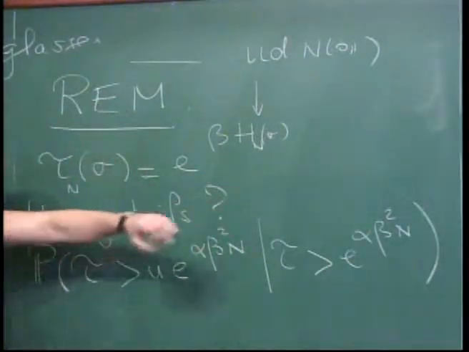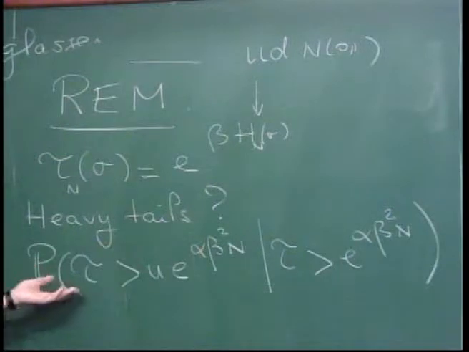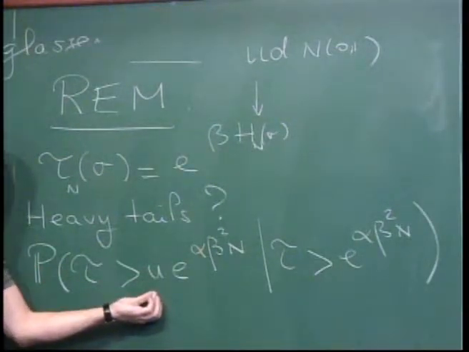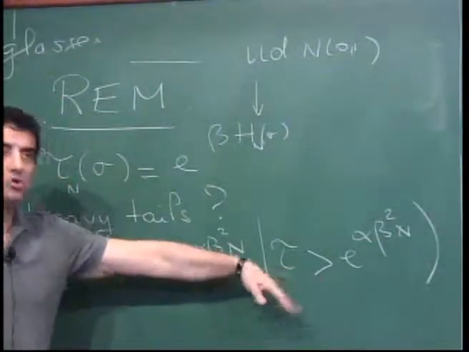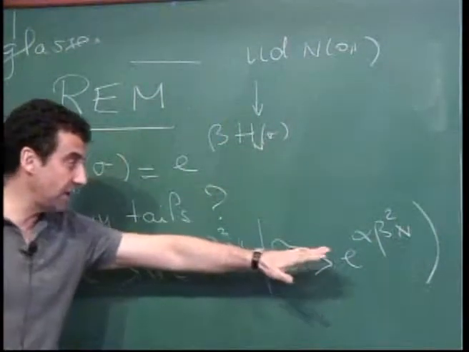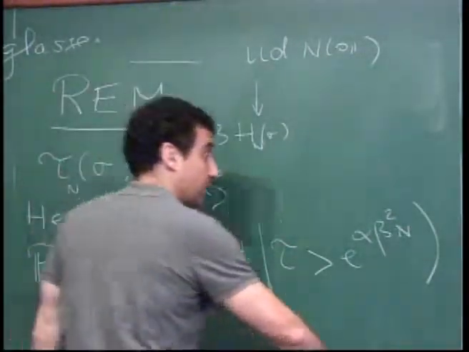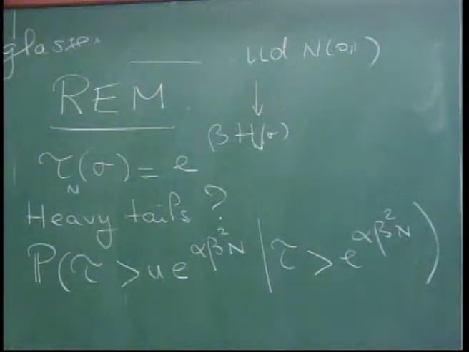And among those, I want to look at the probability to have a depth which is, say, 17 times larger. But I ignore the smaller traps. I just condition on having already deep traps. So this computation is, of course, trivial in the case where everything is